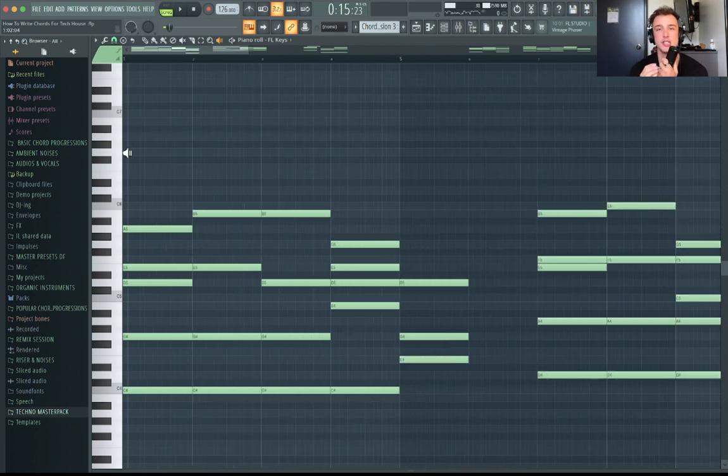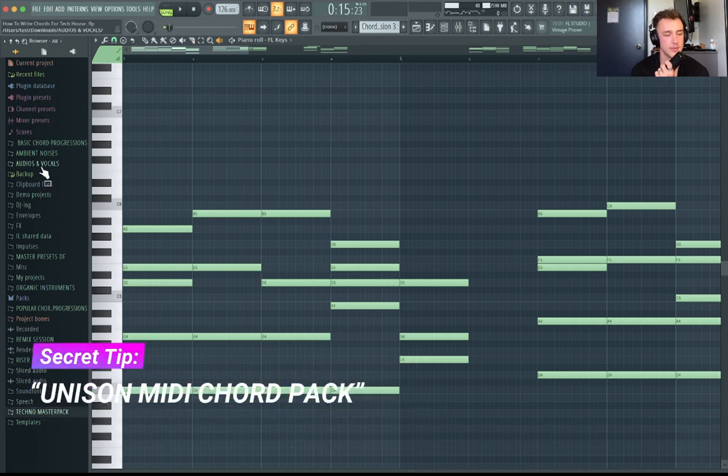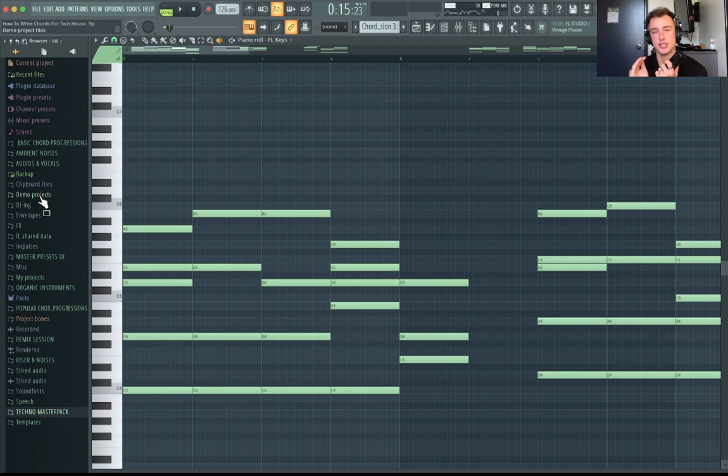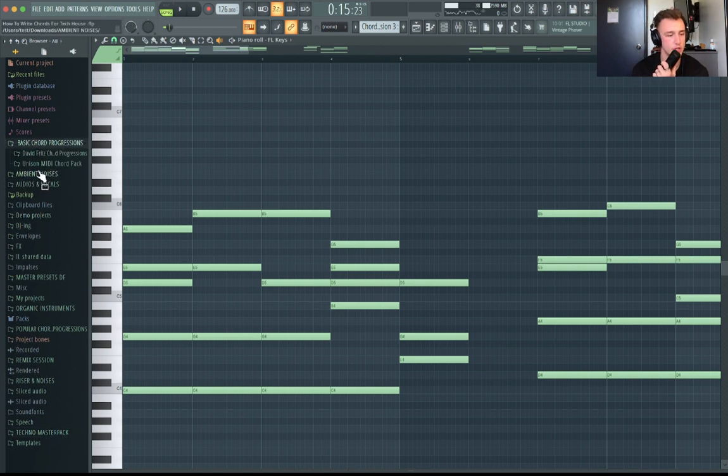Definitely check out the Unison MIDI chord pack. I bought it like a year ago already, but basically has all the chord progressions which exist. So even if you don't know a lot of music theory, this thing is basically saving you heaps of time. You can choose which chord progression you want to find, and I call the basic chord progressions, and here's a